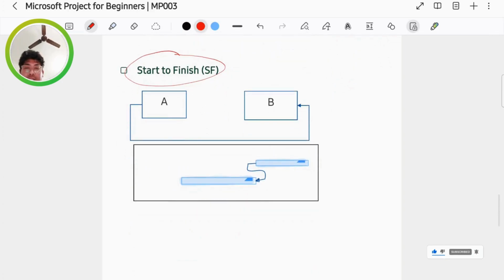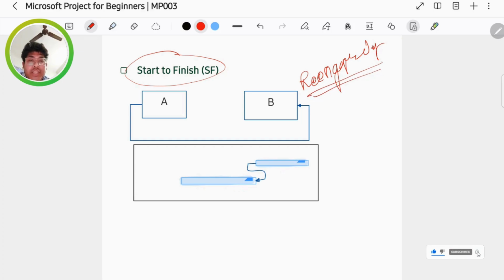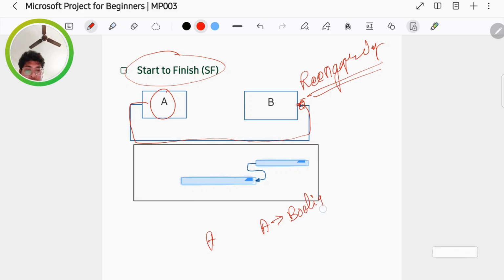Now we have the concept of start to finish. Start to finish, we generally don't use that much in actual scenarios. Basically it helps us in the re-engineering concept. Always remember, if you are a student or a working professional from the re-engineering side, then it is very useful for you. Start to finish means activity A will start when activity B finishes. Let's take an example: suppose activity A is boiling of water and activity B is cleaning of